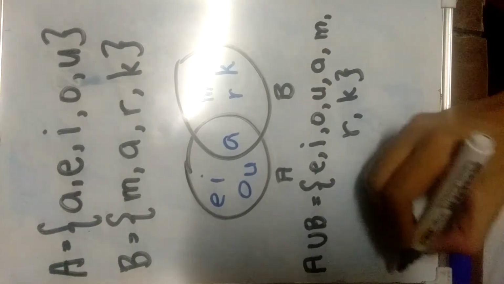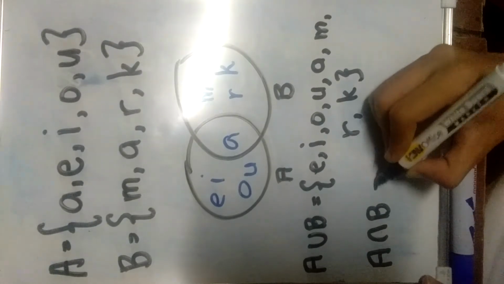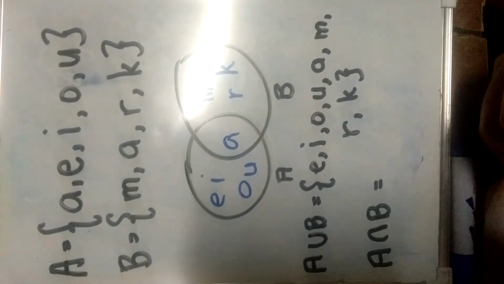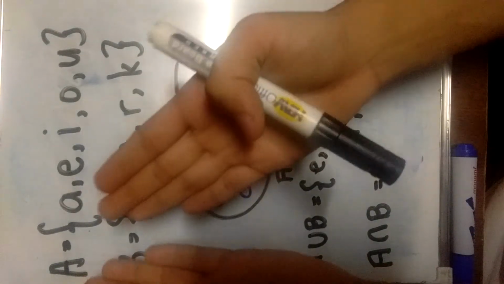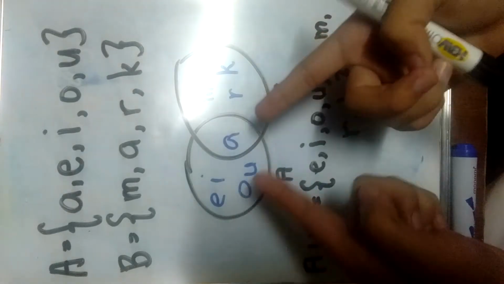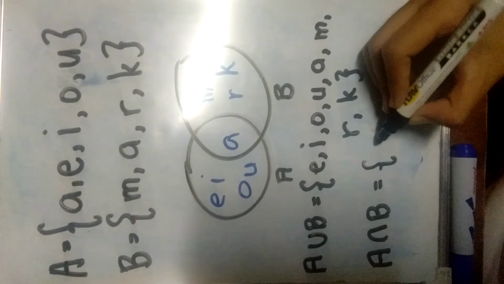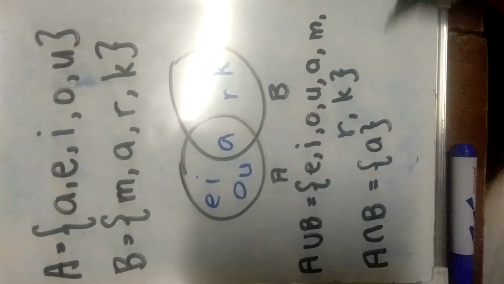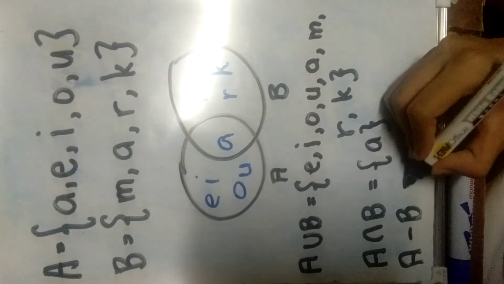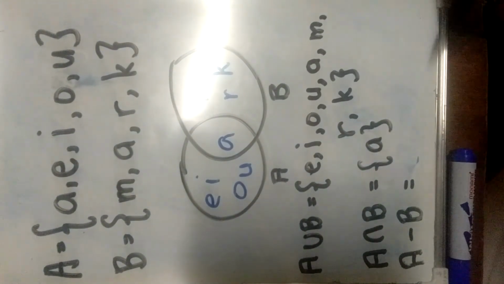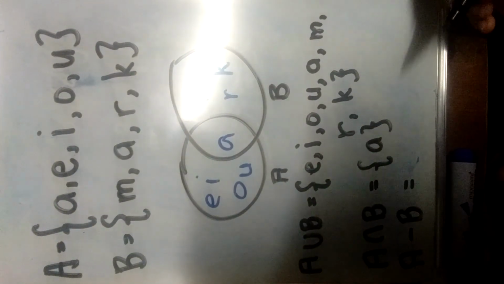Now, let's have the intersection. The intersection of set A and set B. So, what's the intersection again? The intersection is the set whose elements are common to set A and set B, which is the element A. So, the intersection of two sets is A. How about the difference of sets A and B? So, the difference of sets A and B is the set whose elements belong to set A but do not belong